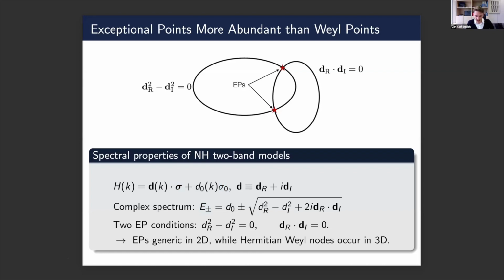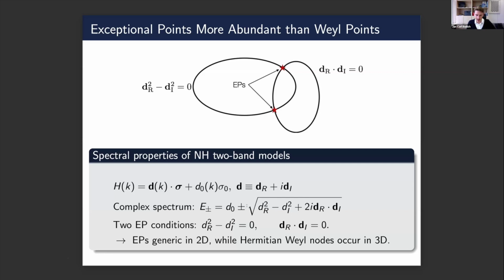end here, and you would see that all three components, because the length of this vector dr here would have to be 0, all three components of dr would have to be 0 individually. So this would be three parameters that you need to tune, drx, y, and z, to obtain a degeneracy. And that's the intuitive reason, of course, why we have stable Weyl points in 3 spatial dimensions in solids if we think Hermitian. So now we have this imaginary part as well, and you now see under the square root that this equation here continues for the spectrum.